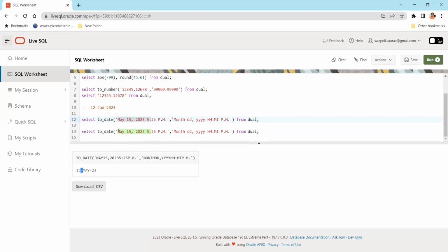Okay, so let's say you want to say 15 May. No issues. Wait, hold on. If you want to say 15 May, just change here. First is date, and it should match that format. 15, so DD, space. If I give two spaces, there is a problem, because in the actual value it is only one space. It will not be able to do the perfect matching. So when I say 15, space, month,